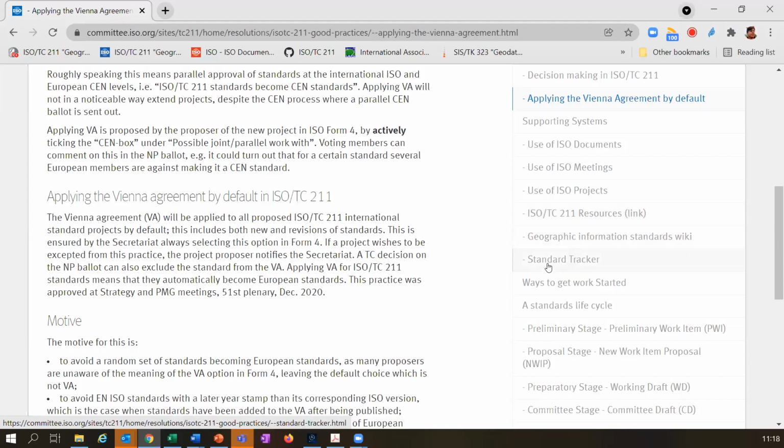We do have the famous standard tracker that has also in the last year changed its appearance and is now situated in GitHub and managed by PMG. So if you come across any problem with any of our standards, here is a possibility to note this down so we don't forget to come back to that problem when we do a revision of the standard. Or this could also be the reason why we would start a revision, that we have so much information in the standards tracker.